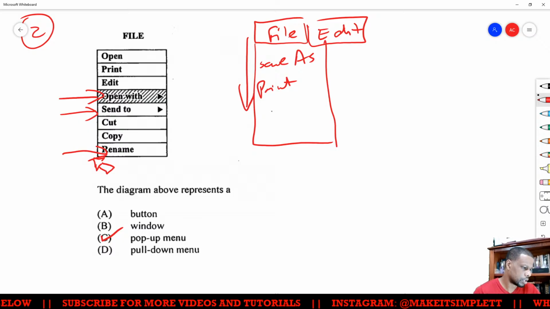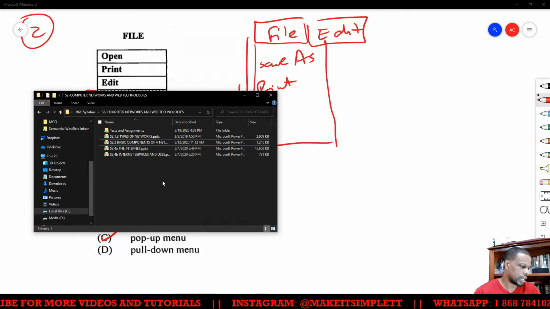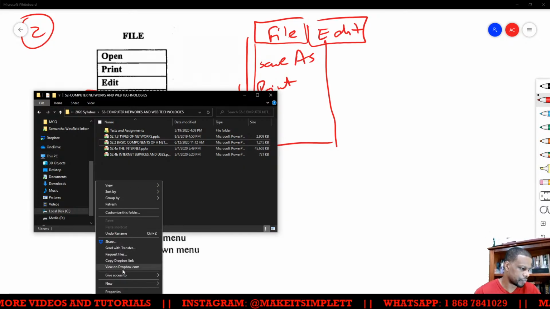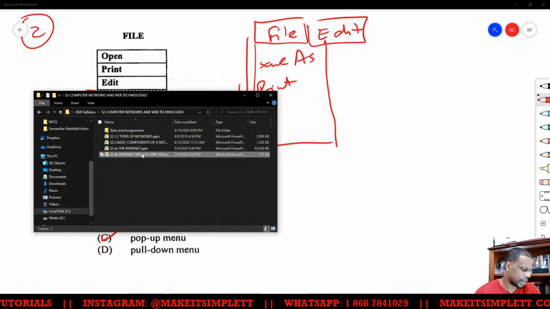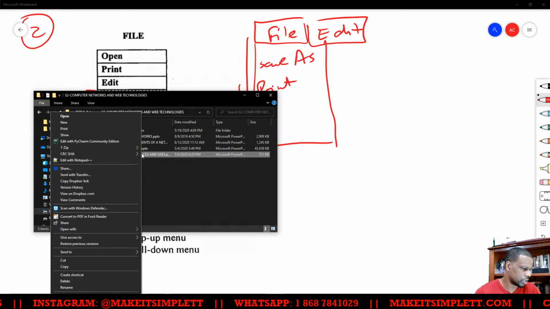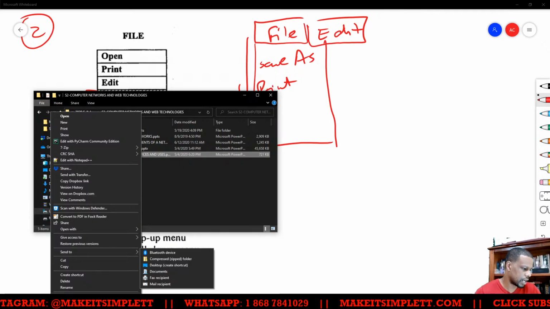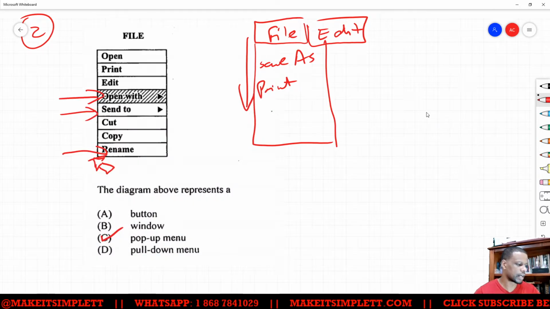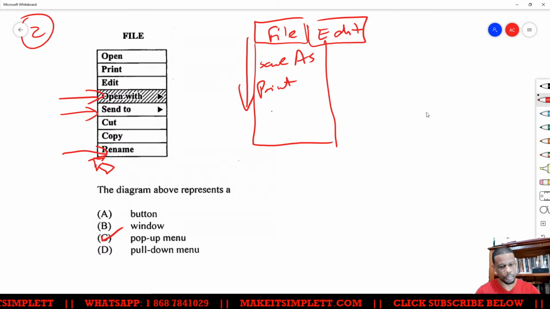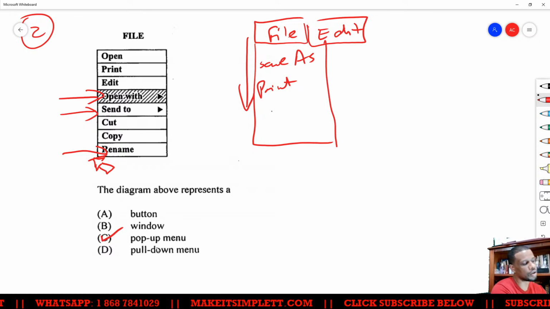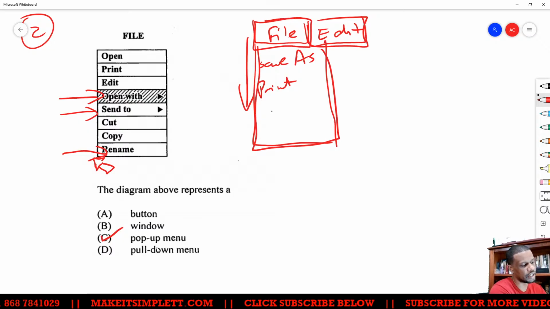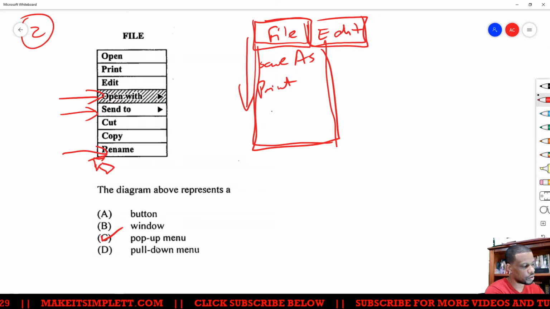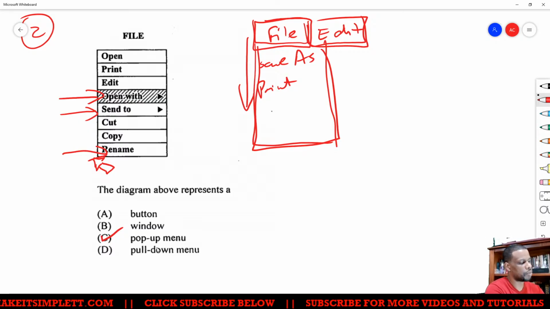So I could show you. Well, if I right click here, you wouldn't really see anything. But if I open up a folder, like let me say I have this folder here and I right click, good. So you see share, rename, or if I right click on a file, you'd see it gives me the opportunity to do multiple things. Send to, you see one there, and you see rename, right? So send to and rename are clear giveaways to show that is a pop-up menu, not a pull-down menu. Pull down will be the one that will be like in Office or whatnot. When you click, you'll get the menu coming down, and then you have all the choices that you would make. So pay attention to that. This is a pop-up menu, right?